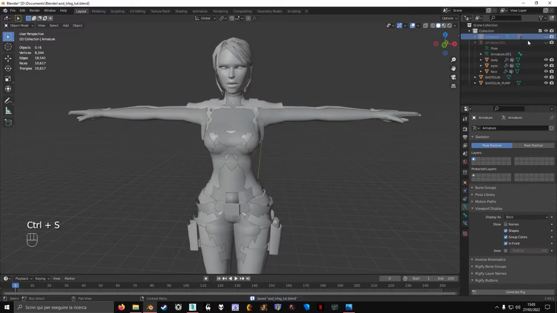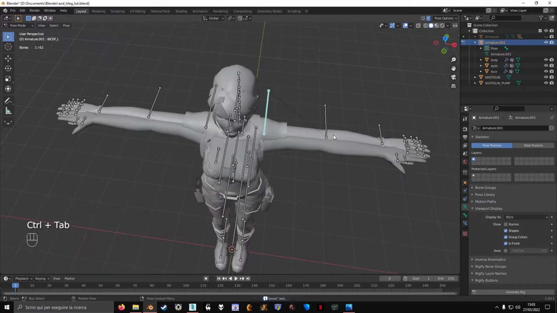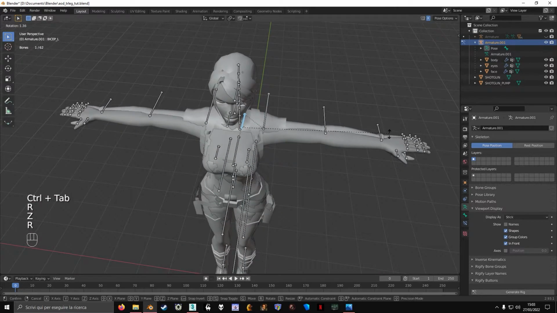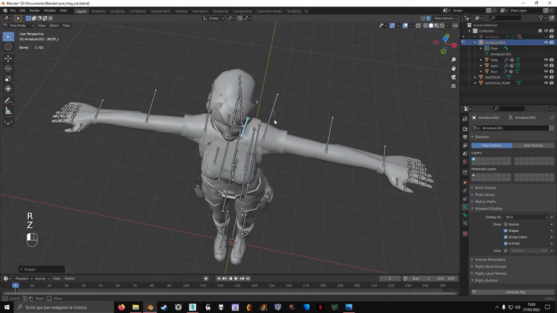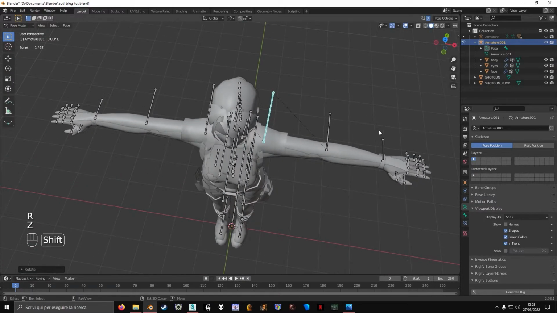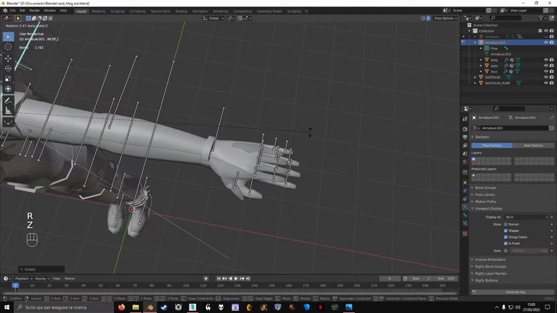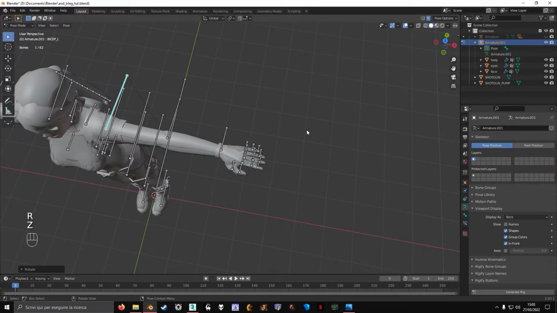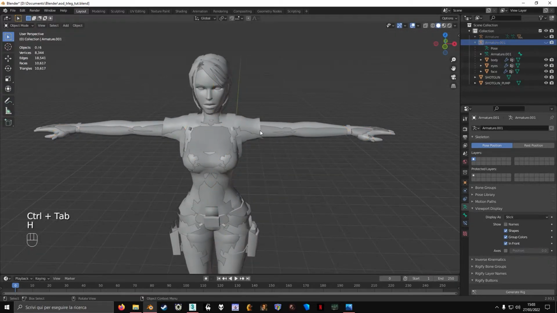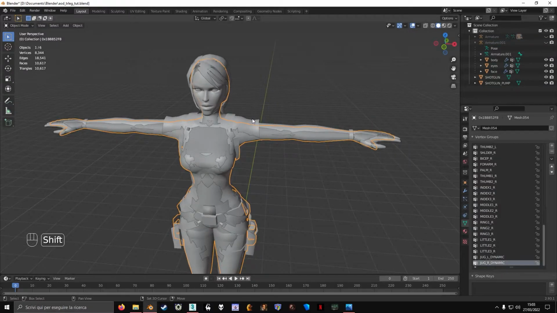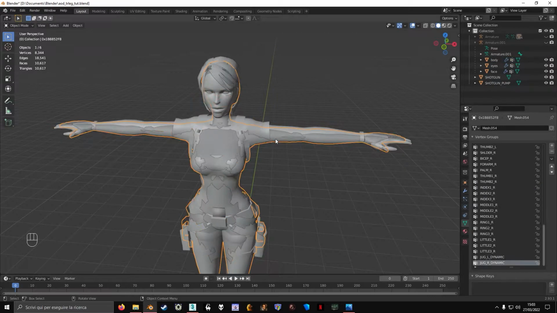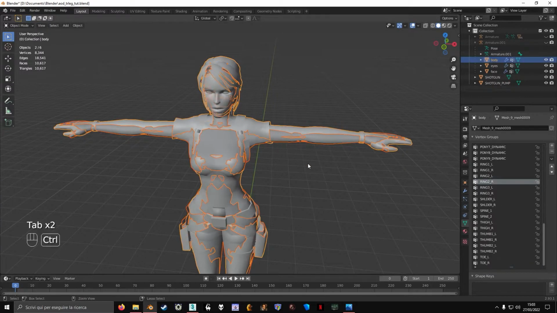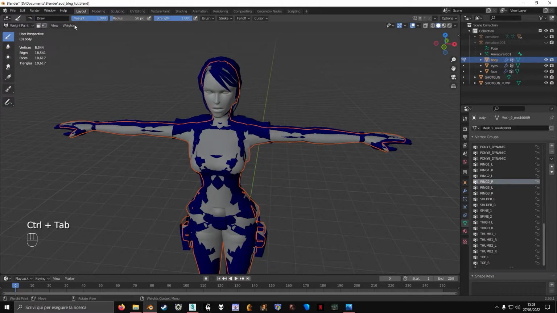So I'm gonna do that in a second. I'm not gonna do that right now because I'm lazy. But you just select the donor mesh, then your custom mesh, weight paint, transfer